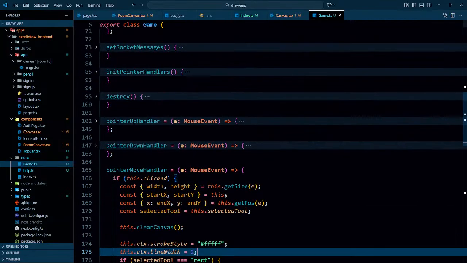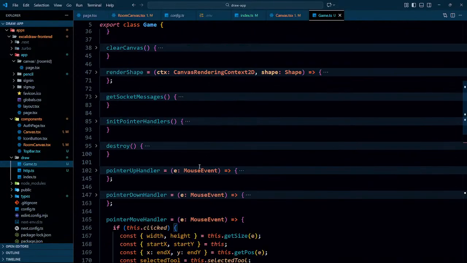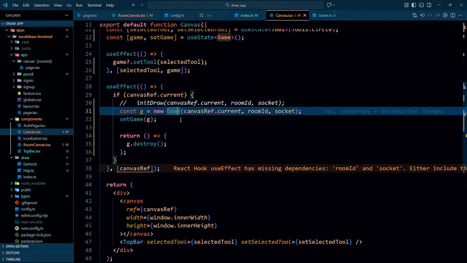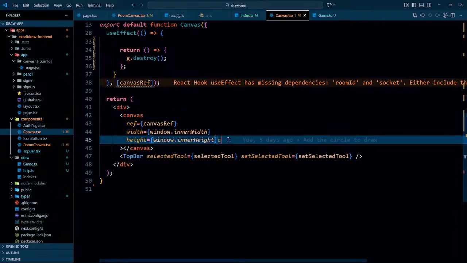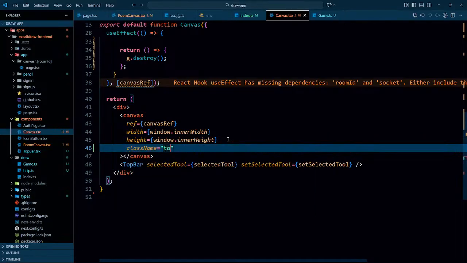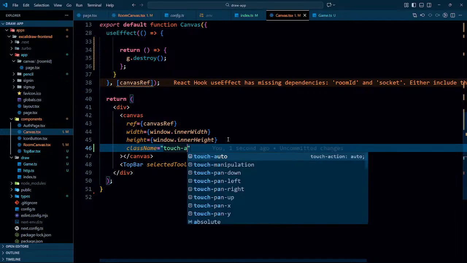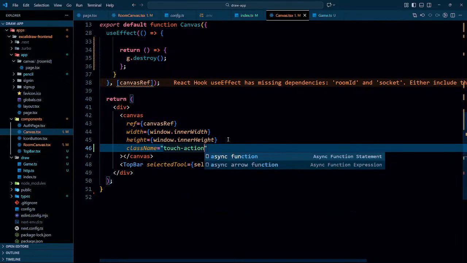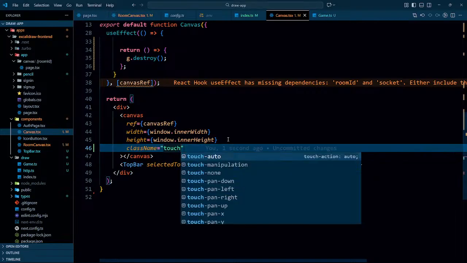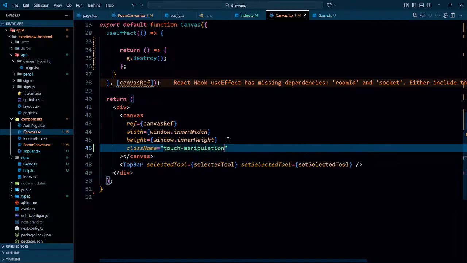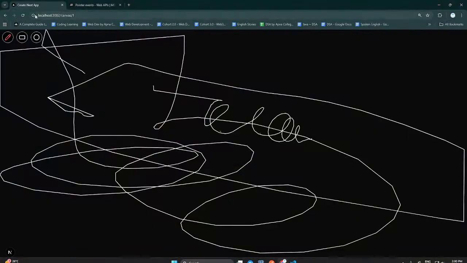So that is the class. Where do I have canvas? I have canvas here. This is the canvas. I need to add a class name touch action touch none, something like this. And if I refresh the page right now,